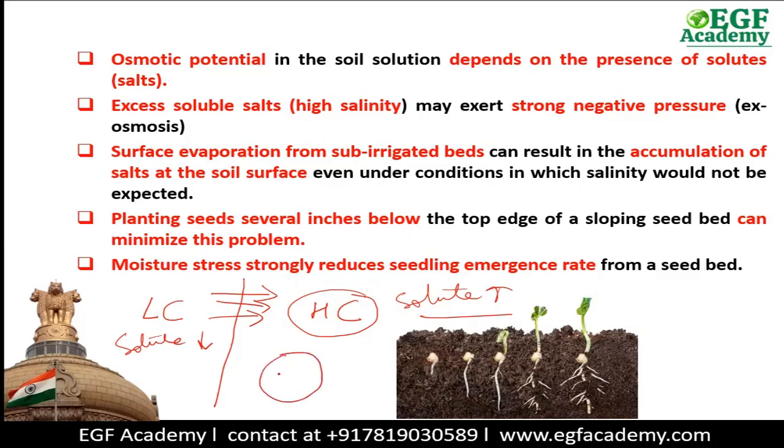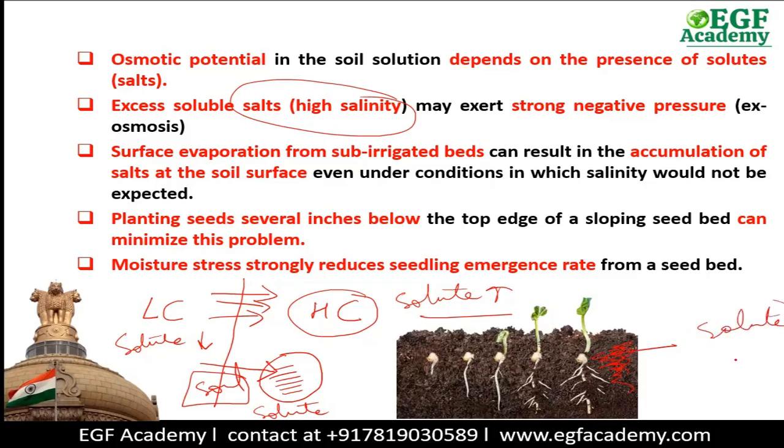So in the same way, if there is more concentration of solute inside the seed, then water will go inside it. But if the external medium, that is the soil, has more solute present in it, then water will not go inside the seed. Now, when does this condition occur? This condition occurs when very high salinity is found in the soil. If there is very high salinity in the soil, it means that the concentration of solute is high outside. Then the water will not go inside the seed. So in saline soils where salt is in excess, there is a strong negative pressure. It means that water will come out. If there is some water in the seed, then it will also come out.